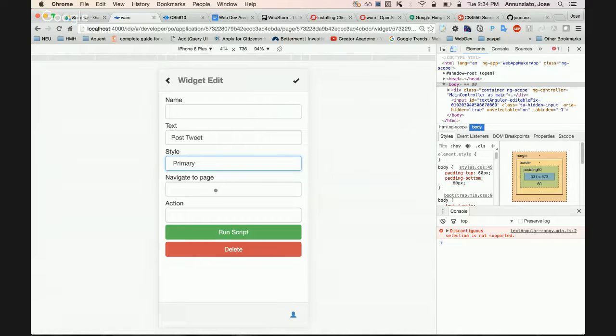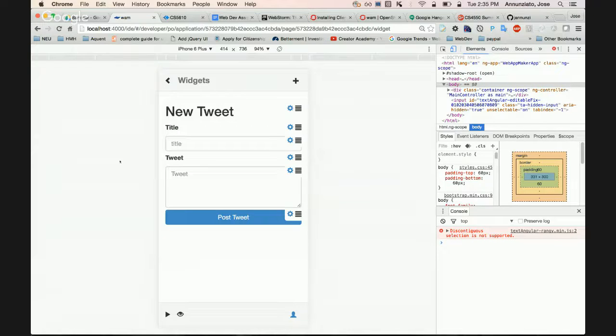Also, if I do post my new tweet, I want to navigate to the tweets, right? Typically, that's what happens, right? The navigation is that when you post a new tweet, where do you go? You go back to the main page where you see all of your tweets, right? That's typically a very common navigation, right? That when you want to create a new thing, you go to create it, when you say OK, and you go back to the list, right? It's a very common navigation paradigm. I want to navigate to tweets, and I want to say OK.